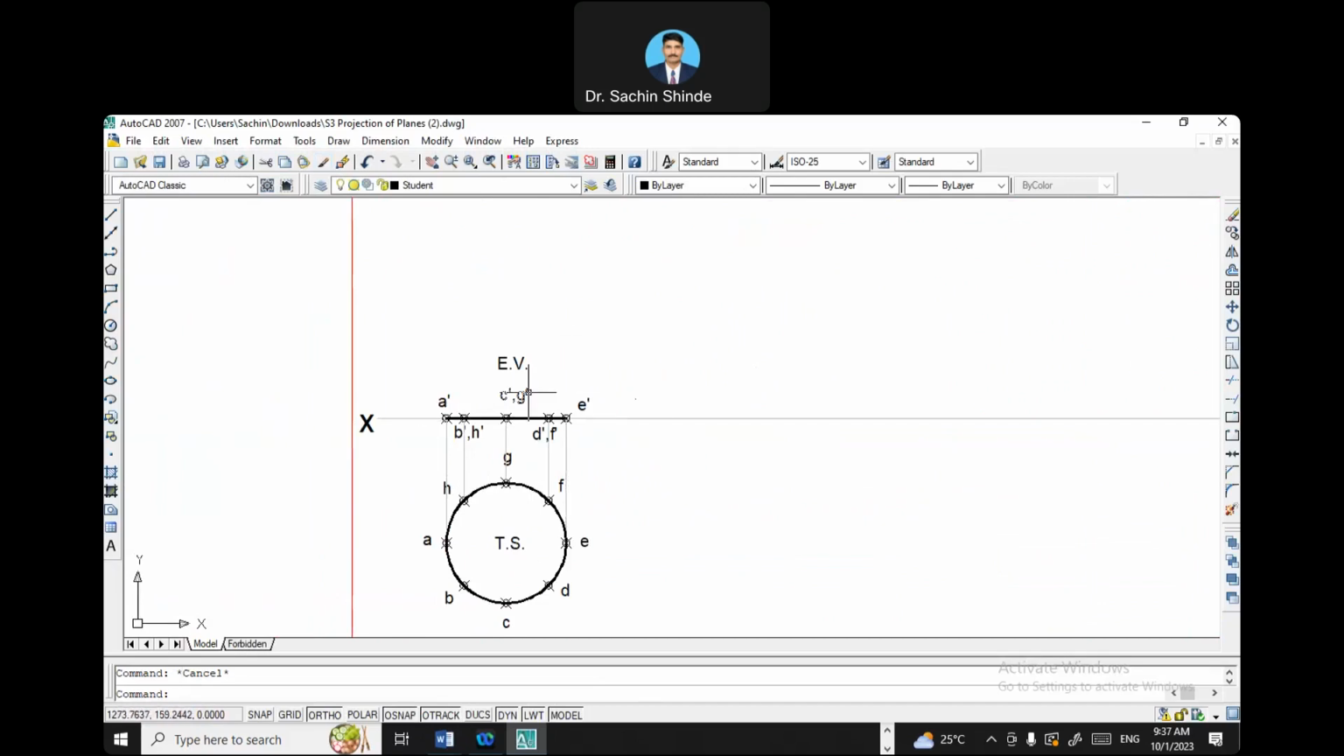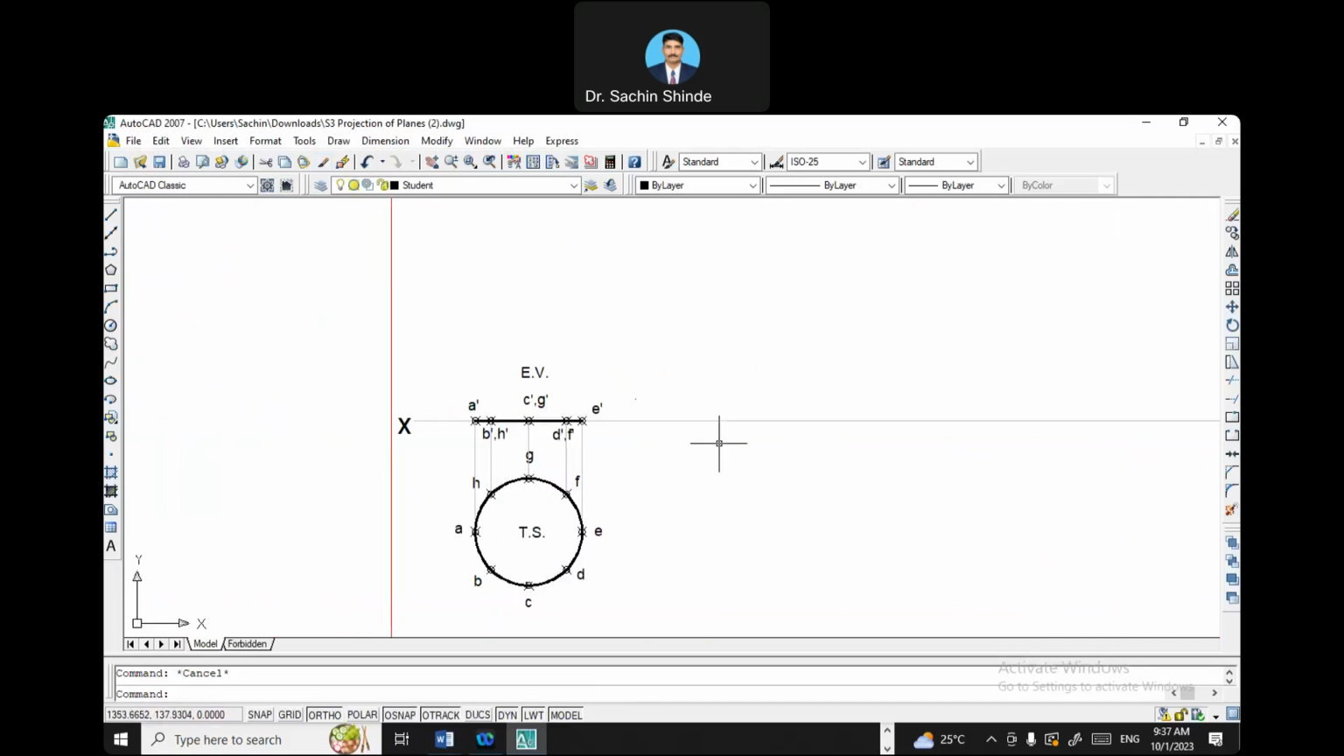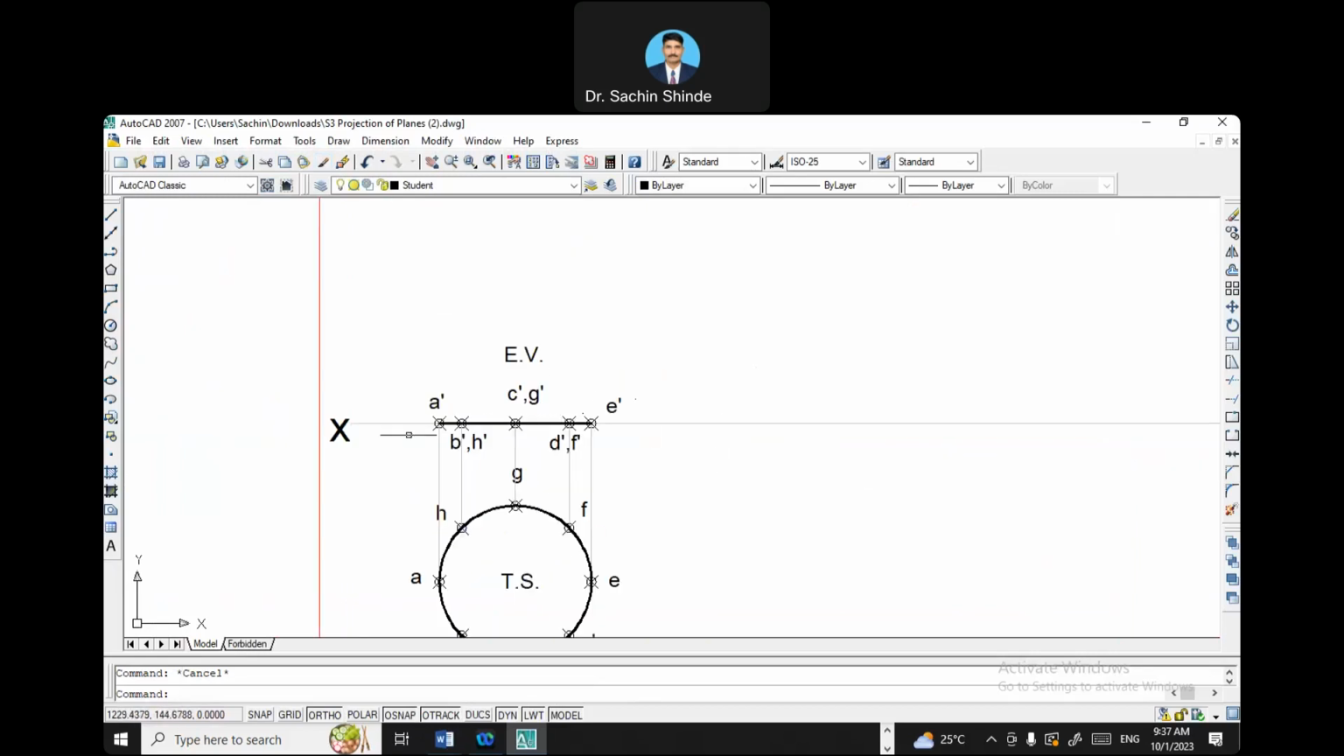In short, you have to rotate the front view by 45 degrees with HP, because inclination with HP is always observed in the front view. So what I'll do, I'll just copy this front view from this place and I'll place it here, and then I will rotate it. The command required to copy is CO, the shortcut is CO, the command name is copy, enter. Then click